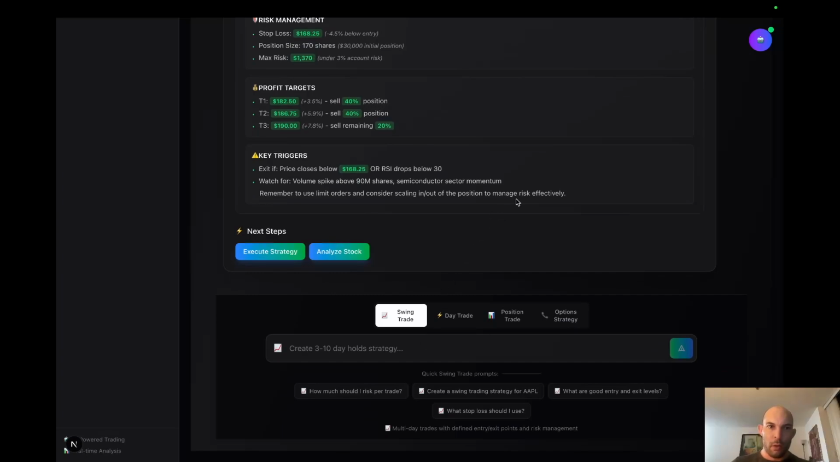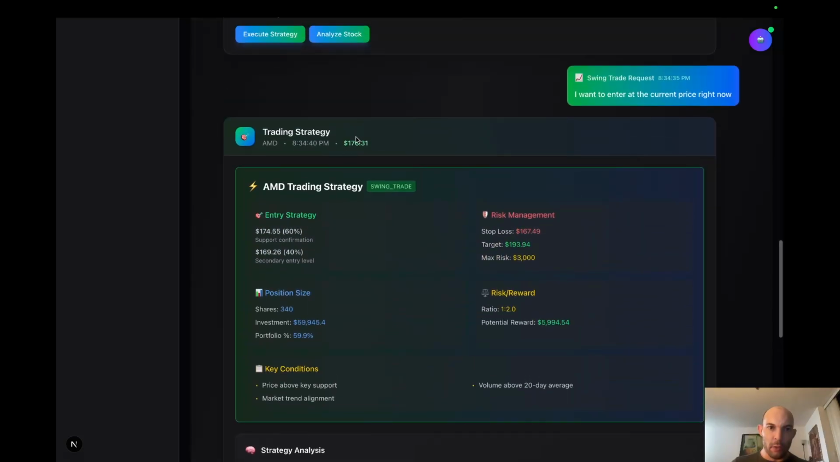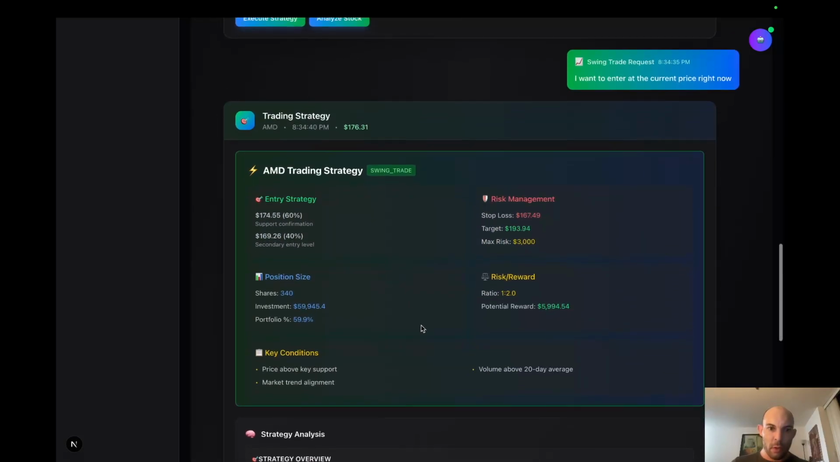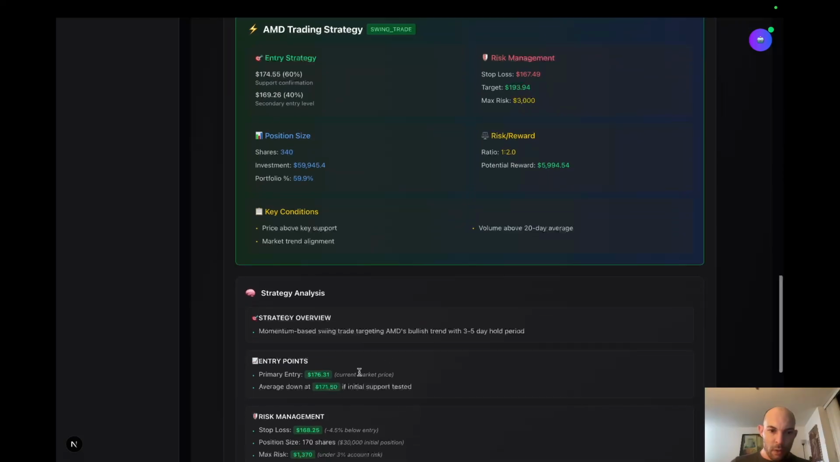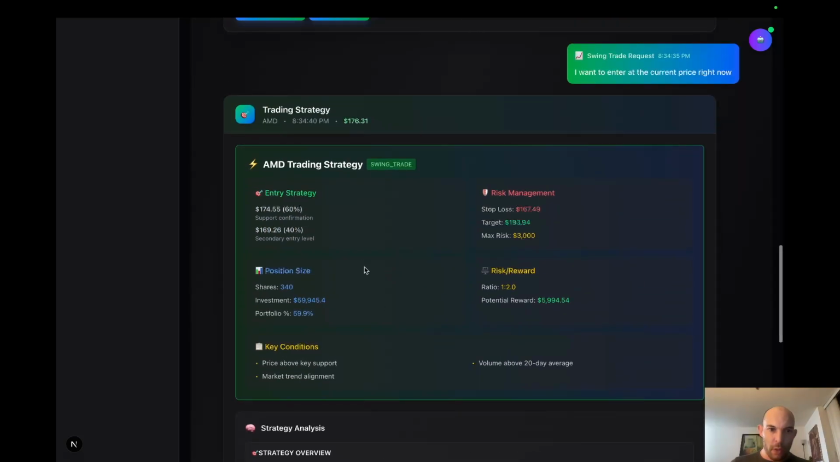Okay. Momentum-based strategy based on bullish trend. Primary entry, current market price 176.31. 176, stop loss. Okay. Entry at 174. It still wants me to enter there. I'll have to fix some of this. The stop loss is there. That's too much. Yeah, I'll need to figure out a way to